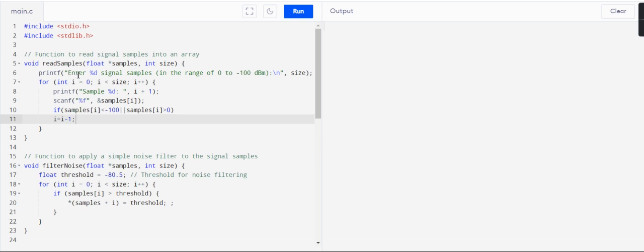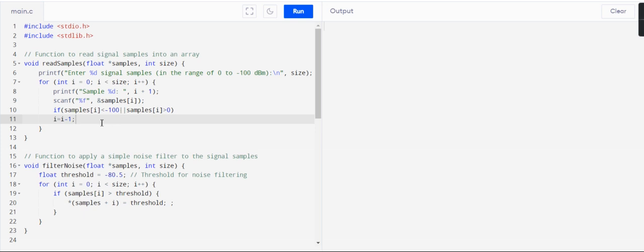We will firstly get how many samples the user wants, and then we will get each sample from the user, and this is the array part. Then if the value keyed in is not within the range 0 to -100, it will get the sample again